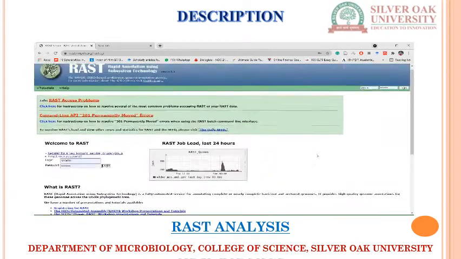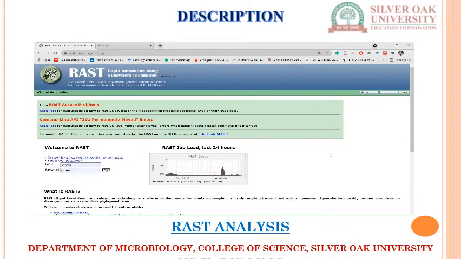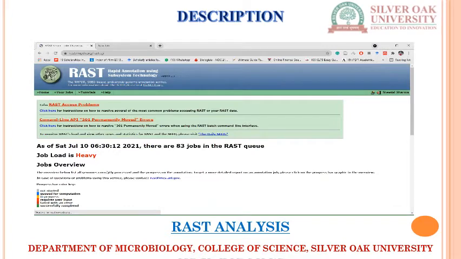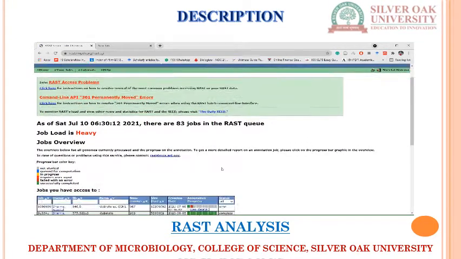First of all, whenever you visit the RAST page, there is an option to register for a new account. You can use your Gmail ID and password. You don't require any work profile, so it is a full benefit. I have already registered, so with the help of my credentials, I will enter the login details.